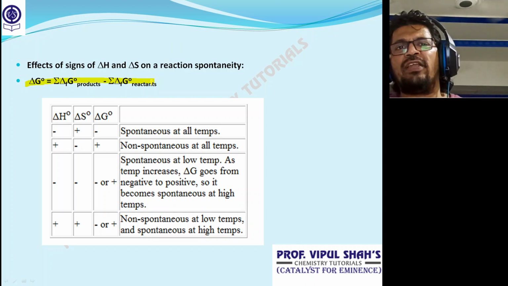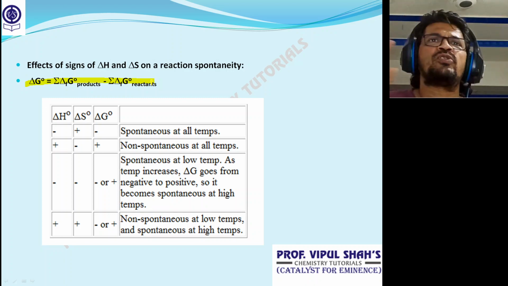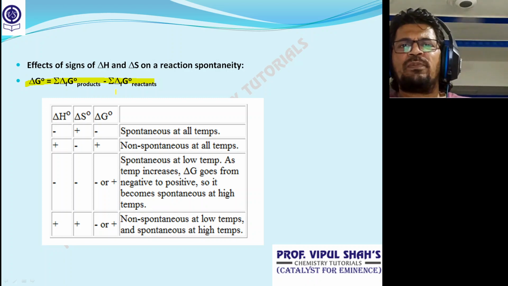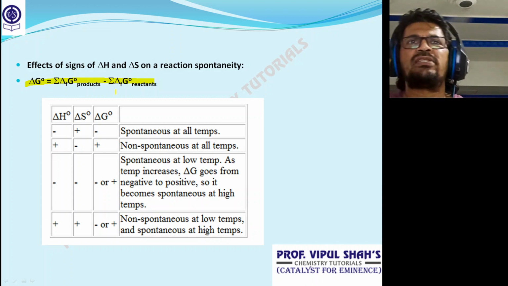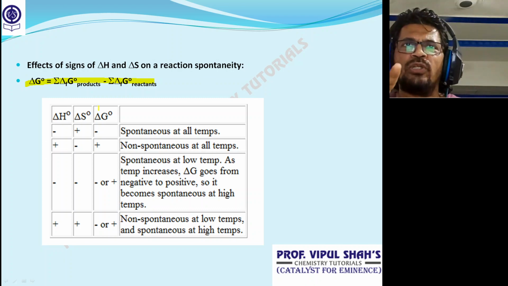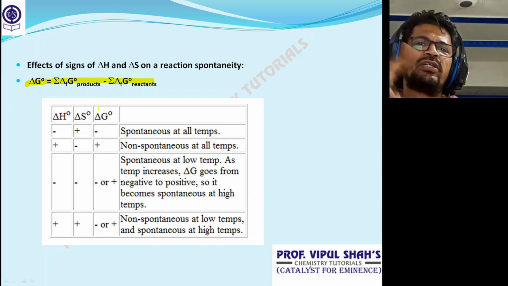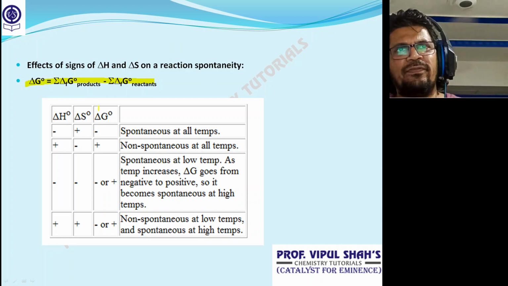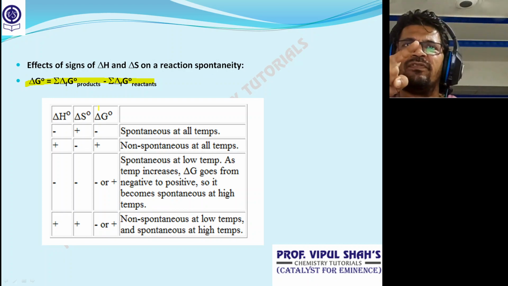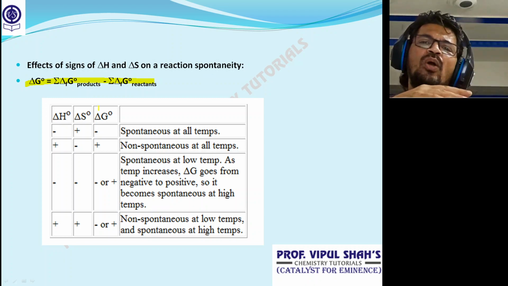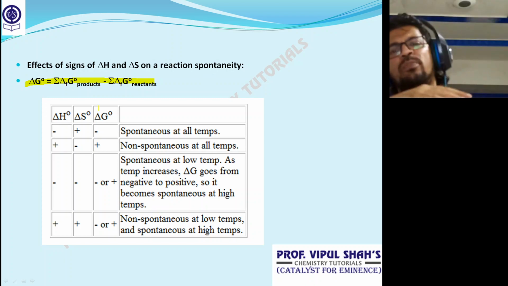This table is very, very important because a lot of questions come on spontaneity. Simple expression: delta G is delta H minus T delta S. So if delta H is negative and delta S is positive, then at all temperatures, delta G is always negative. Second, delta H positive, delta S negative, then delta G will always be positive, meaning the process will be non-spontaneous